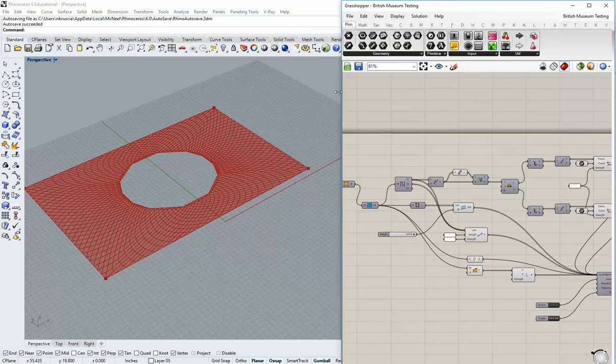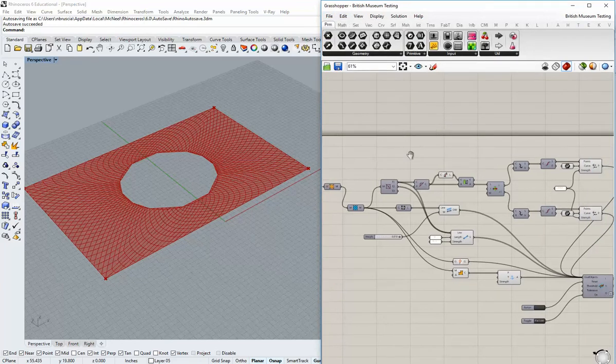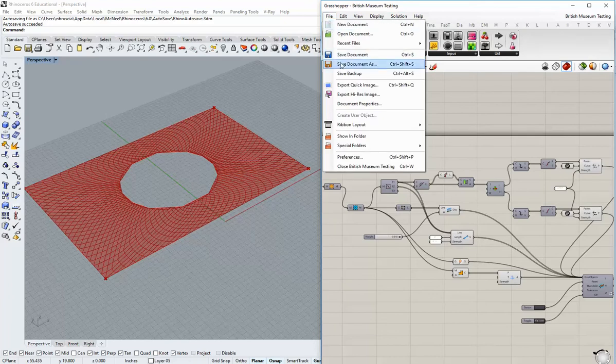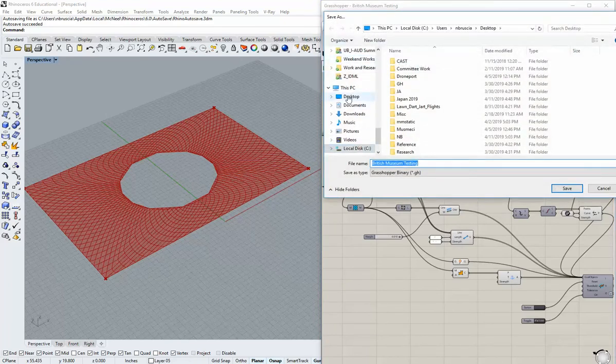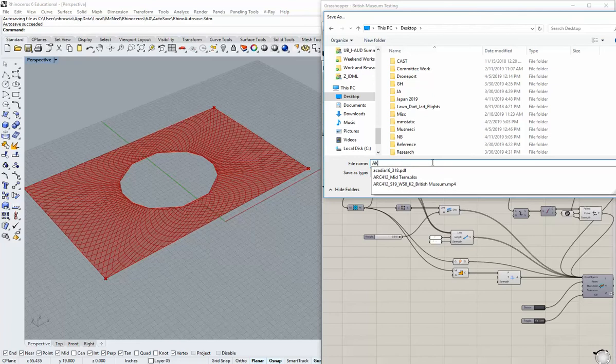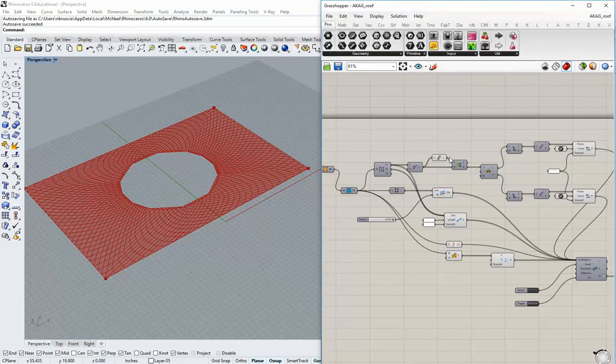Well, yeah, you can start up a new file and copy paste everything in, or what I'll do is just save this as something else. So once I save it first, I could save it a second time as, in this case, AKAG roof or something. So now I have two files, and this is the one that I'll update, and now I can go ahead and